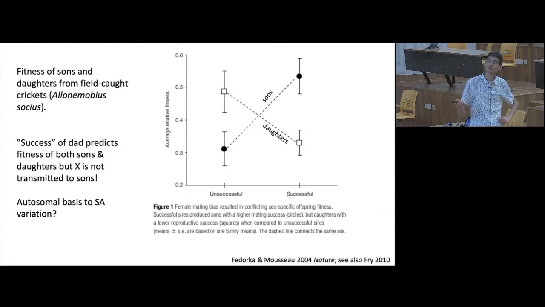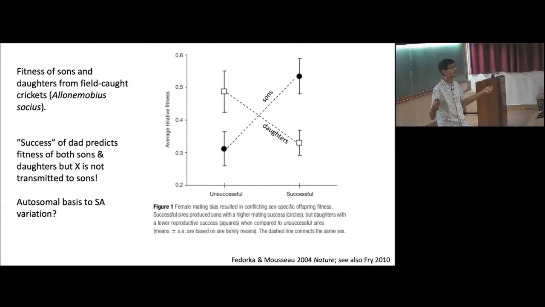So these were the males that they caught that were mating, the successful males, and these are the males that were unsuccessful, that weren't mating. And what you can see is, if we focus first on the fitness of their sons, successful males produce sons that are more fit than the sons produced by unsuccessful males. Okay, that maybe makes sense. But you get the opposite result with respect to the daughters,